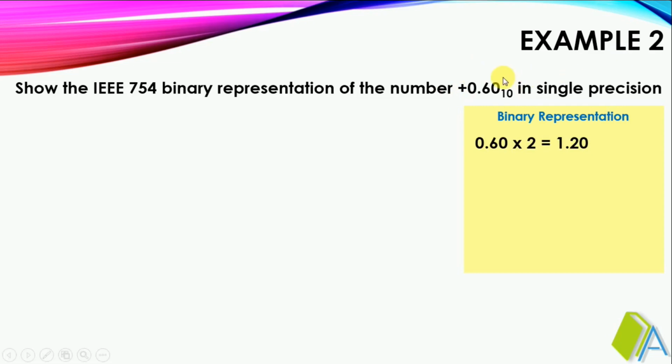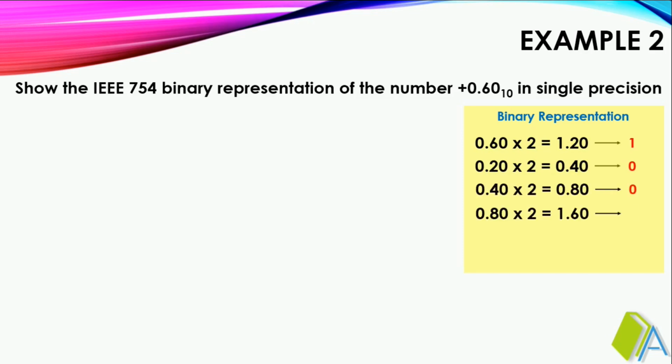The digits after the decimal point we have to multiply by 2, and from the product, the digit before the decimal point is considered as the binary value. In the first case, the first digit after the decimal point will be logic 1. The second digit is logic 0, the third digit is logic 0, the fourth digit is logic 1, the fifth digit is logic 1, and the sixth digit is logic 0.